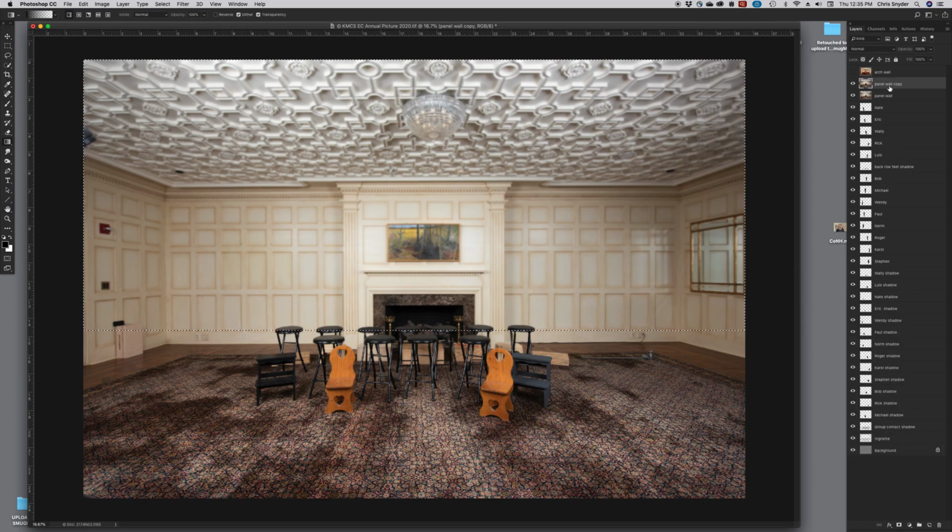Another reason for doing the two layers: if that was too much blur, go to your opacity layer. You can decrease the opacity, which is going to let the layer below it shine through, which has no blur on it at all. So that's just another way to tweak and fine tune it. I'm going to leave it at 100% for now, because the other part of this is,